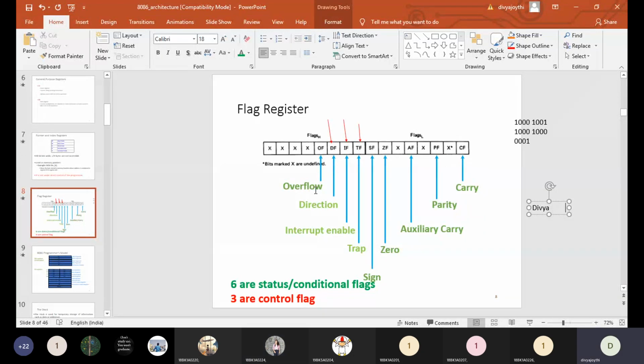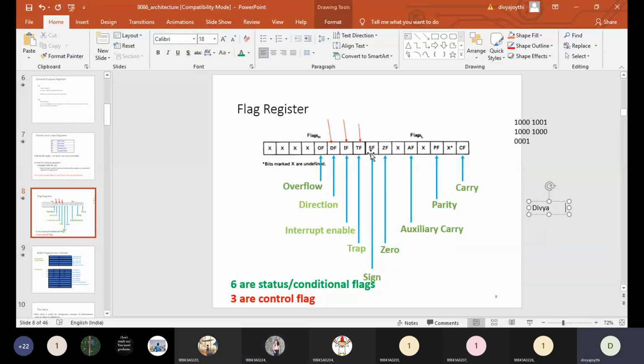So when it is not falling in this particular range, to inform the processor that the value the user has given is not in this range, the overflow flag will be set. Whenever the value you are dealing with is not within the specified range, the overflow flag will be set. Are you clear, ma'am?